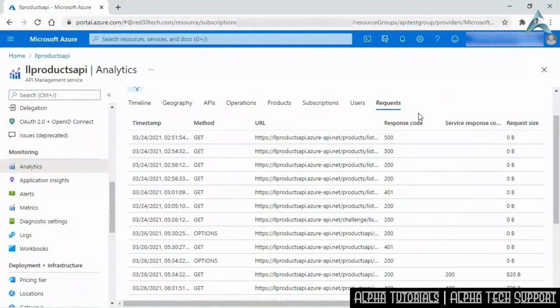The Analytics dashboard enables us to view the API and how it's performing. We can see here that we have a response code of 500, which means something went wrong. But we don't get any actual details of what went wrong. To do that, we need to enable logging. Let's go ahead and